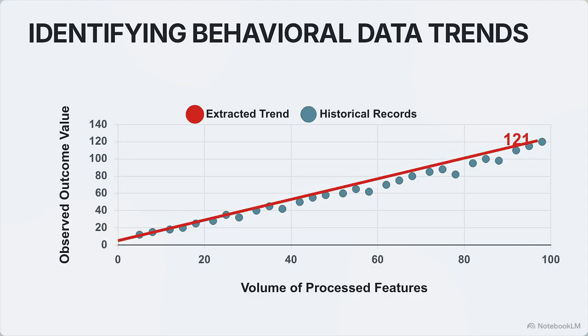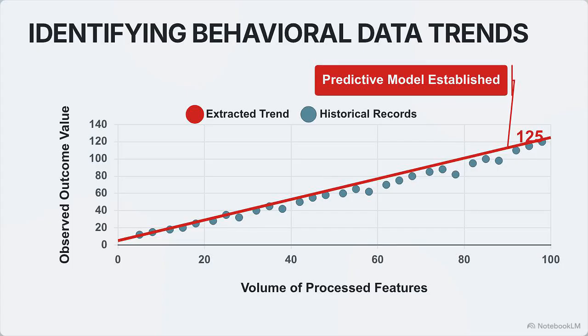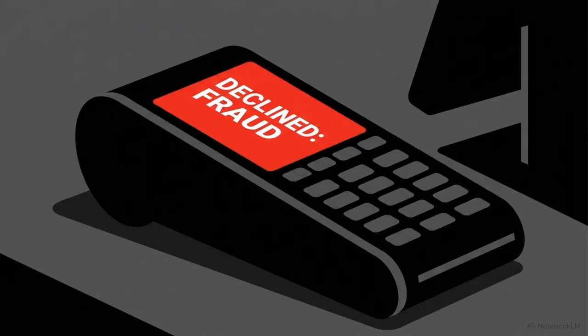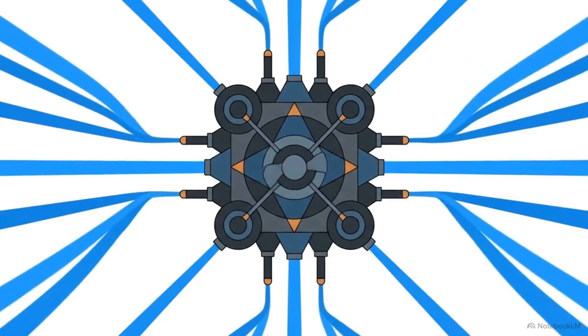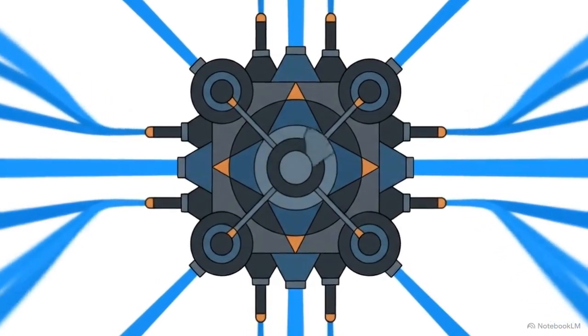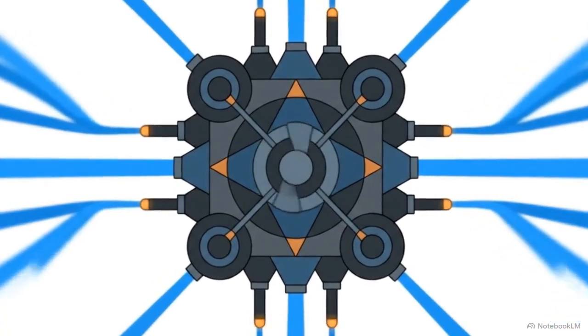By crunching millions of historical records, the system can extract meaningful behavioral trends that a human analyst might miss. In practice, this means feeding a model years of neighborhood property values so it can forecast future housing prices, or having it scan millions of credit card purchases to instantly flag a fraudulent transaction. By turning raw numerical history into statistical foresight, data science operates as the analytical core of artificial intelligence.